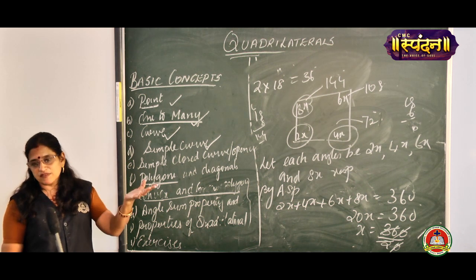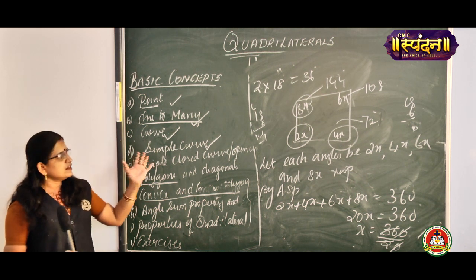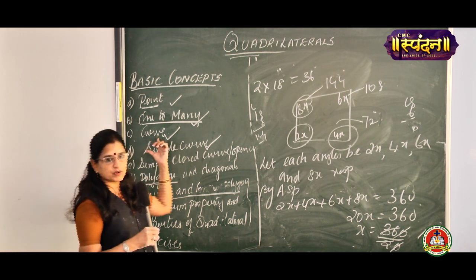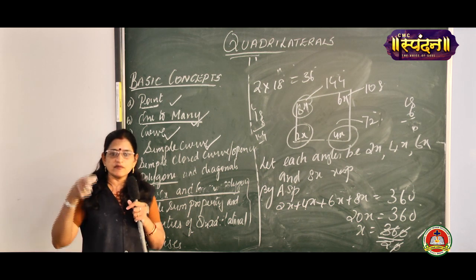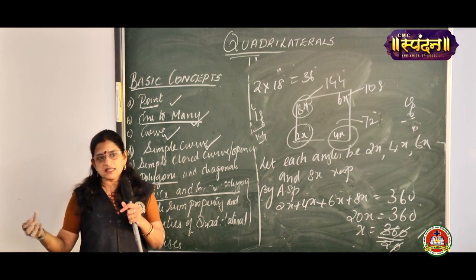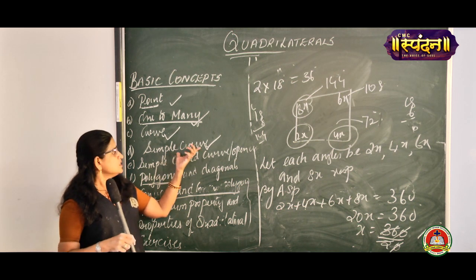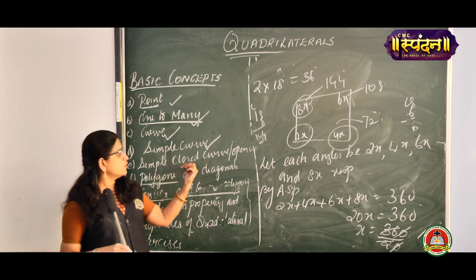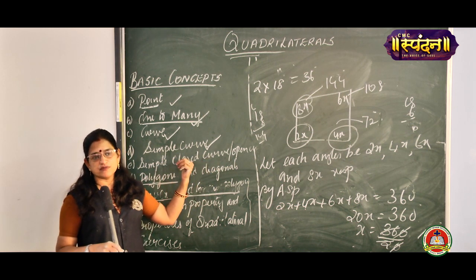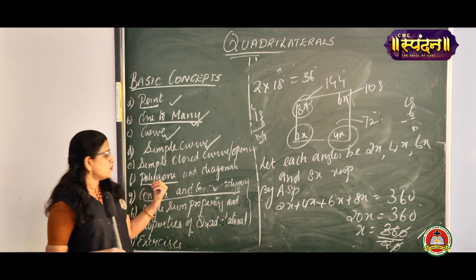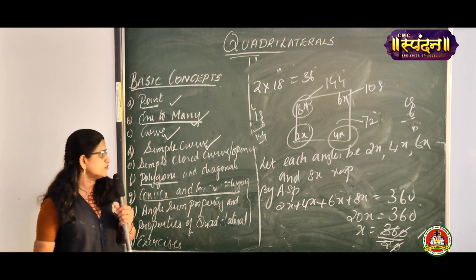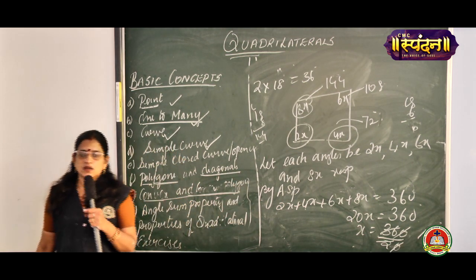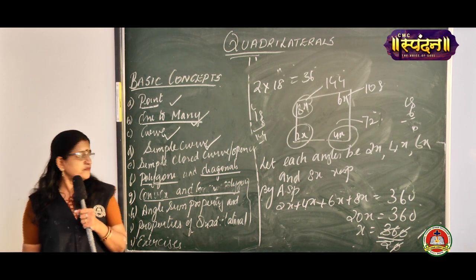While opening the circle again we are getting the line segment. So all of geometry lies between this line segment and a circle. Next we discussed about curve. What was a curve? Any figure drawn without lifting the pencil, you call it a curve. Next is simple curve. A simple curve is one which is not at all overlapping. Next one, simple closed curve. A simple closed curve is a curve which is closed. Polygons are made up entirely of line segments, and diagonals. The line joining the non-consecutive vertices, you call it a diagonal.